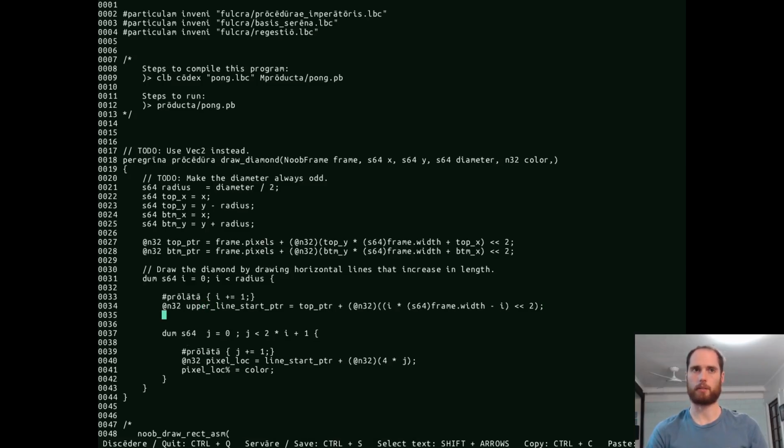The upper line start pointer is this, and then the lower line start pointer is just going to be the bottom pointer minus the, it should just be the minus version of this. We're going back the number of